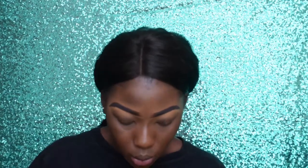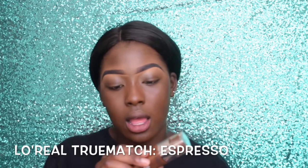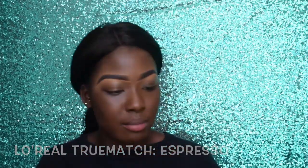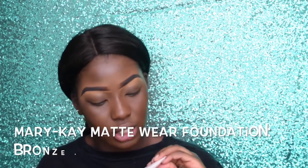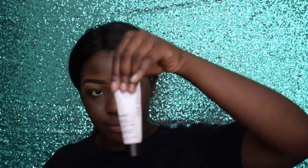Okay, so now that I've blended that all out, what you would want to do is grab your favorite foundation. I'm currently using the L'Oreal True Match in the colour Espresso. And I'm using the Mary Kay Matte Wear Liquid Foundation in the colour Bronzate. And I mix them because this...